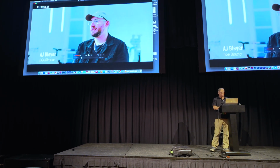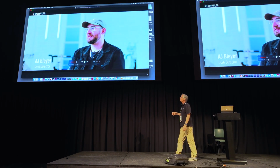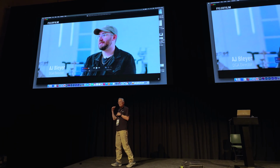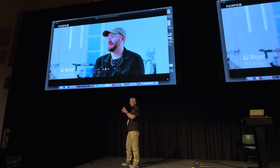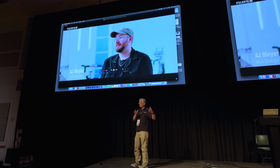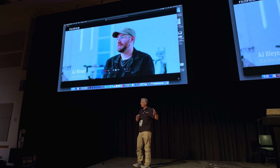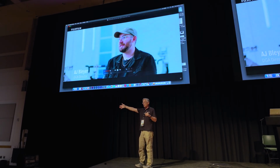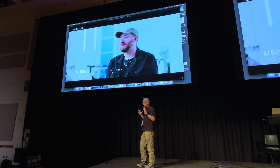And then we go to the second angle. Now it's a little tighter, so it's a little more intimate, right? We don't need to see all the crap in the background because we already know where he is. So your opening shot is where are we? Just like here we are in front of this piano,